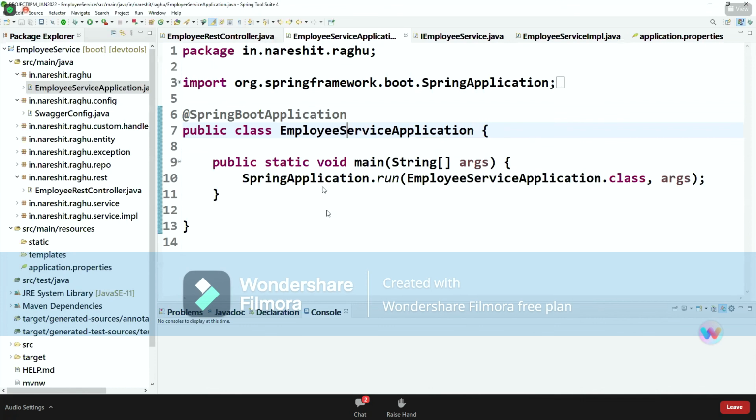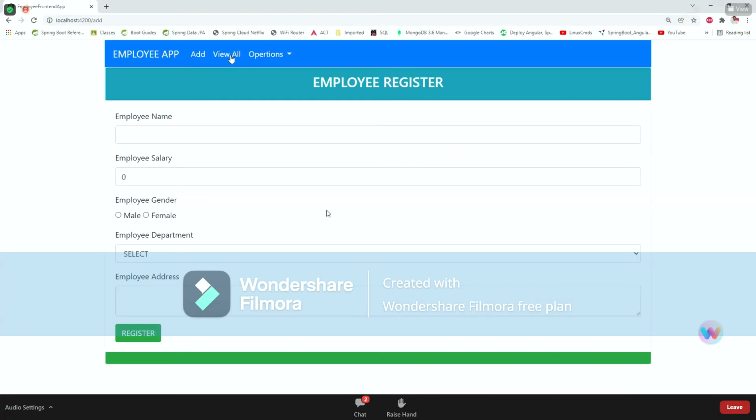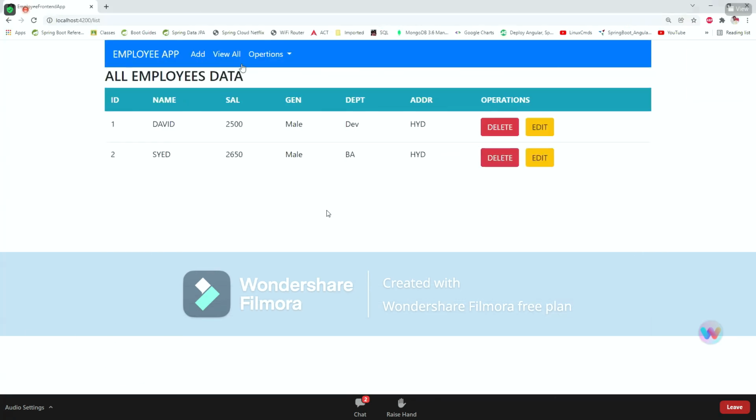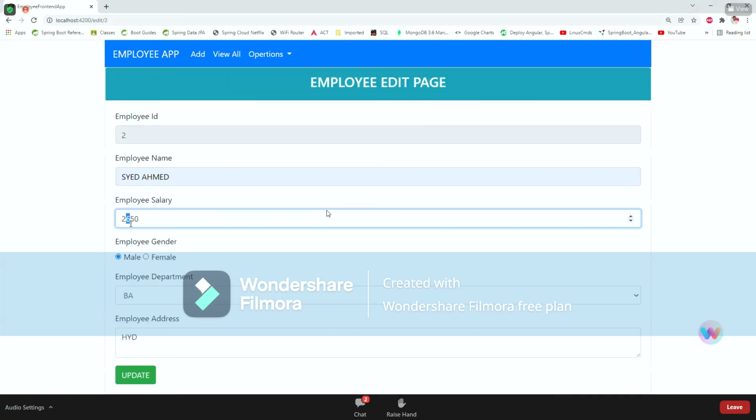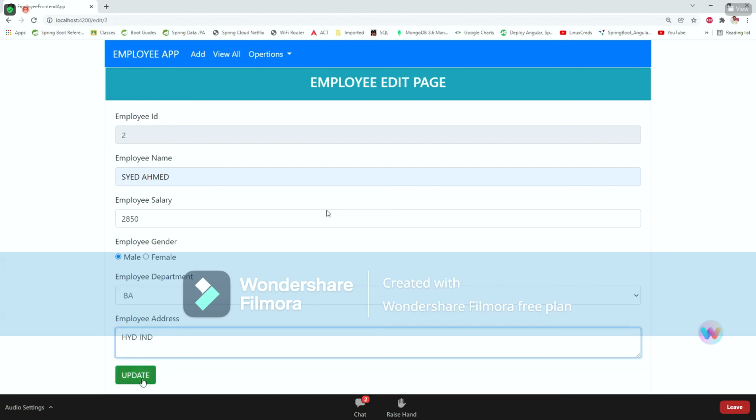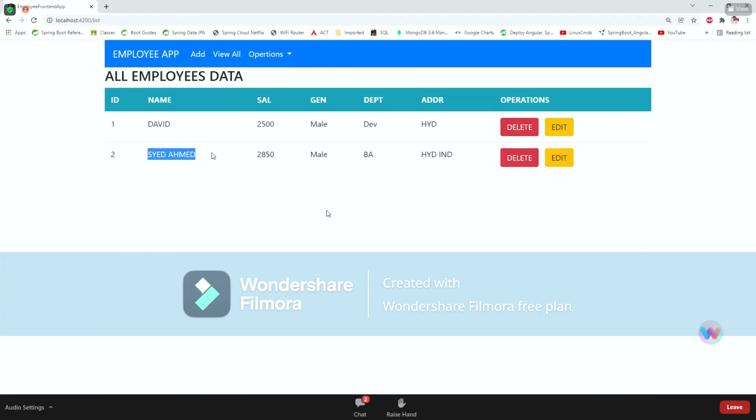Now the backend application is stopped. Perfect.